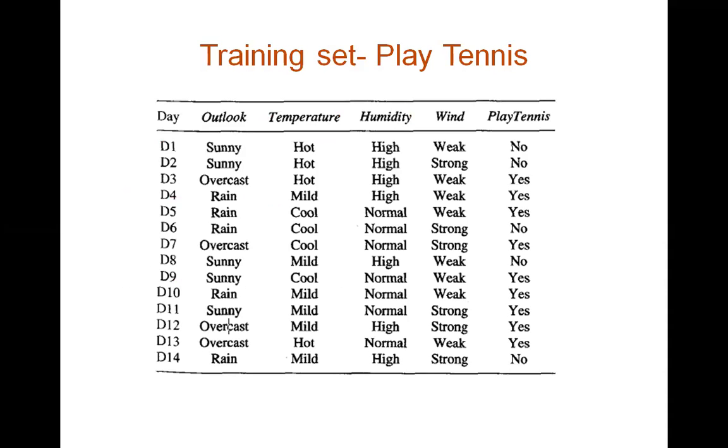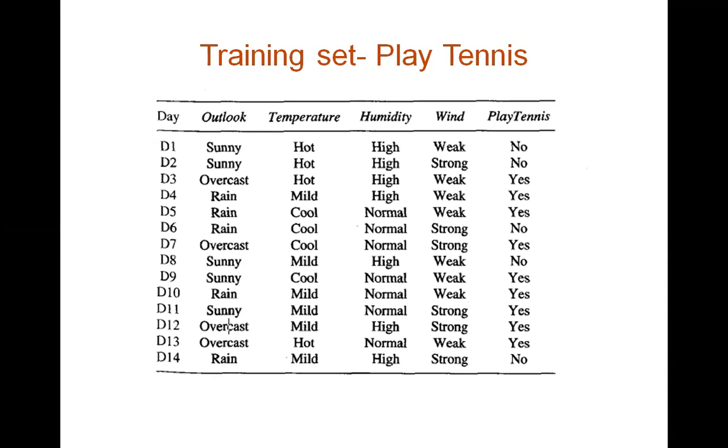So we have a new training data here, play tennis. So play tennis, can you play tennis or not? Yes or no? That is our final classification. The final column always represents the result, yes or no. Whether you can play tennis or not, yes or no. To decide that, we are considering four attributes.